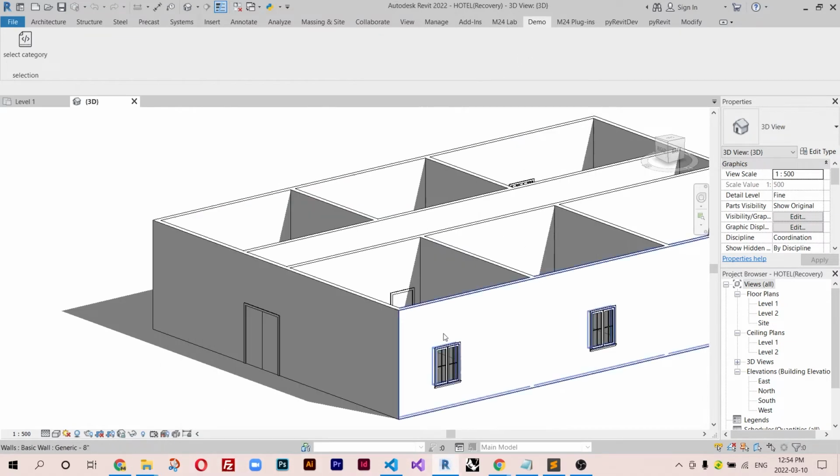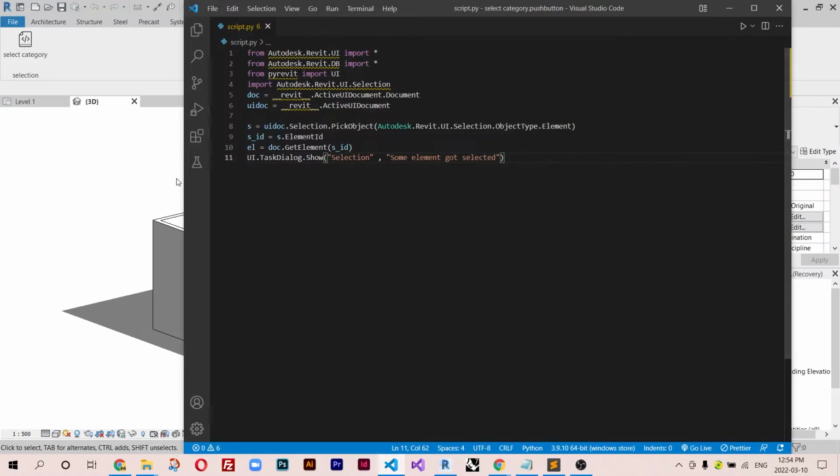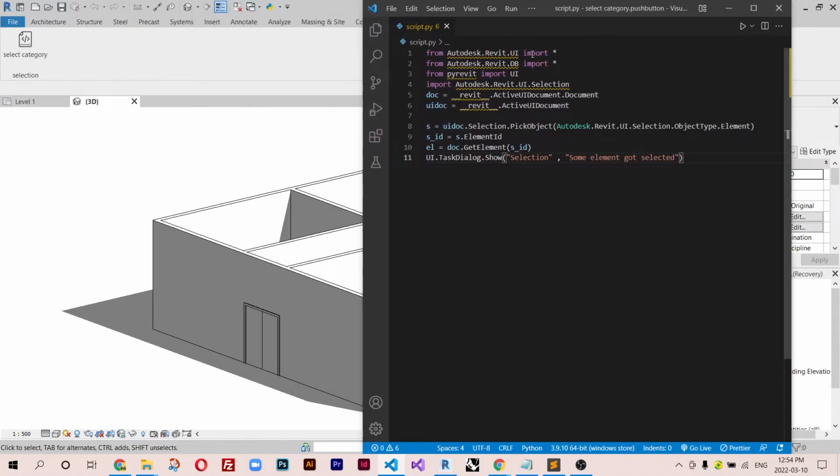All right, so I have here a piece of code. I have imported the UI for my selection. So my selection, this is my variable, is the active UI document .selection.pick object. Selection is a class and pick object is a method in selection. It takes one argument,